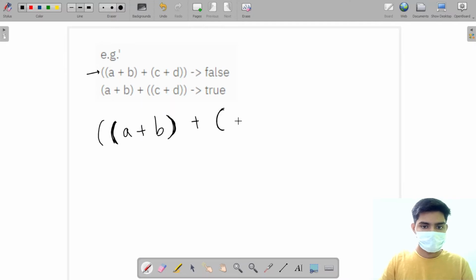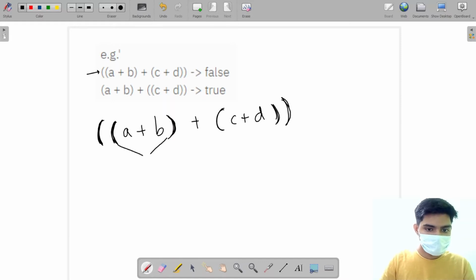For this opening bracket, we have this closing bracket, and for this opening bracket, we have this closing bracket, right? Now these pair of brackets contain this expression a plus b. These pair of brackets contain this expression c plus d. Let's call this expression as a, this expression as b, right?